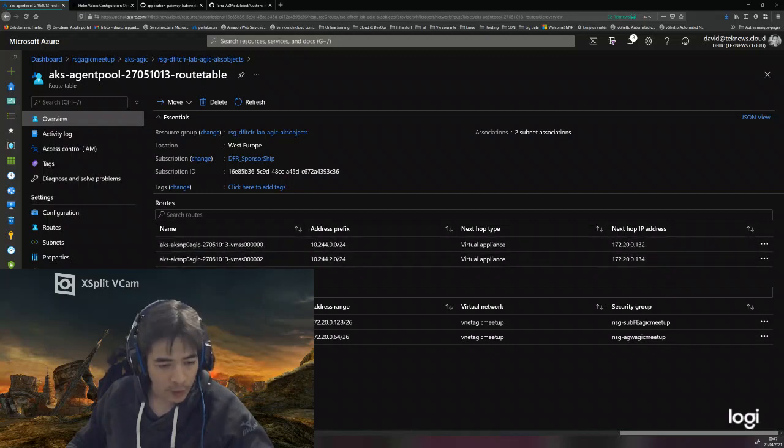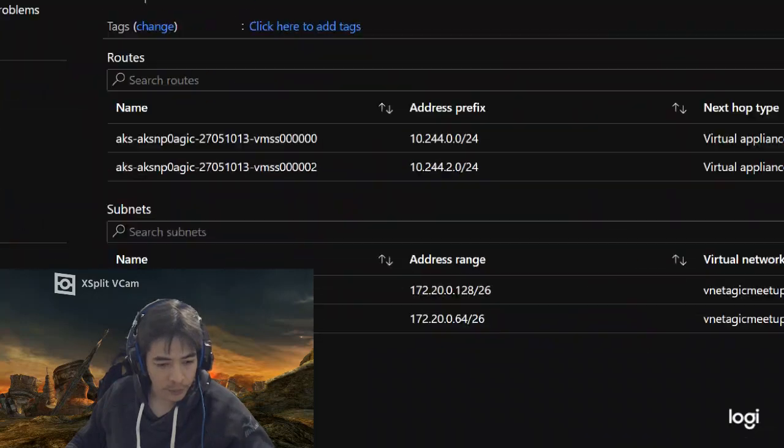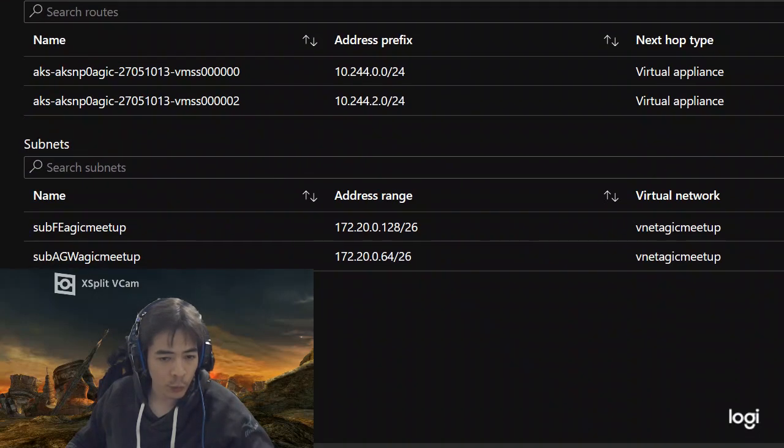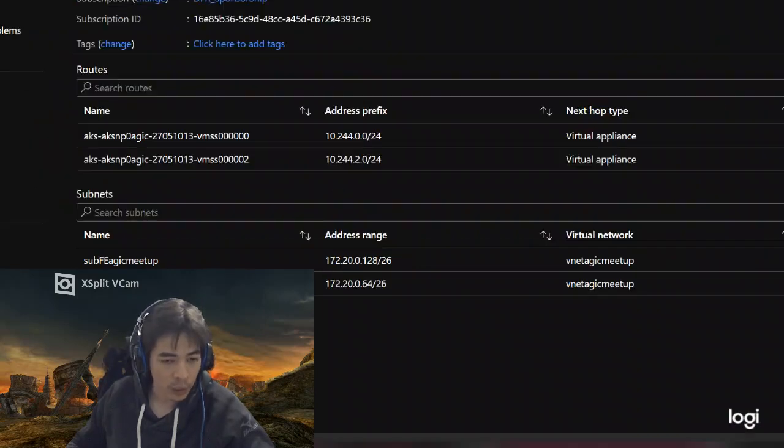And as you can see here, the two subnets on which it is applied are first the subnet used by my node pool, and also the application gateway subnet, and that was done automatically at the add-on installation. It was not done first.